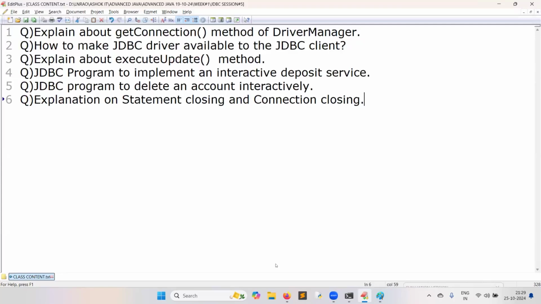Why is DriverManager a class, I did not get, sir. Actually, they have given it like that in the JDBC programming model. The JDBC programming model says: ask the DriverManager to create the connection. That's all. Those who ask about interfaces without knowledge of interfaces are asking the question.